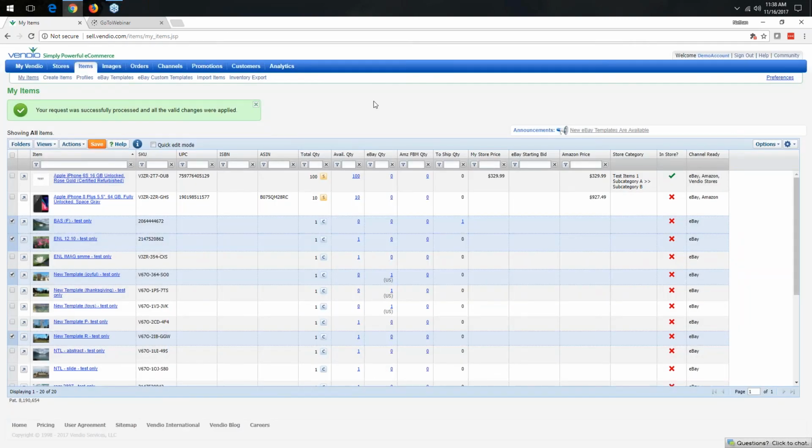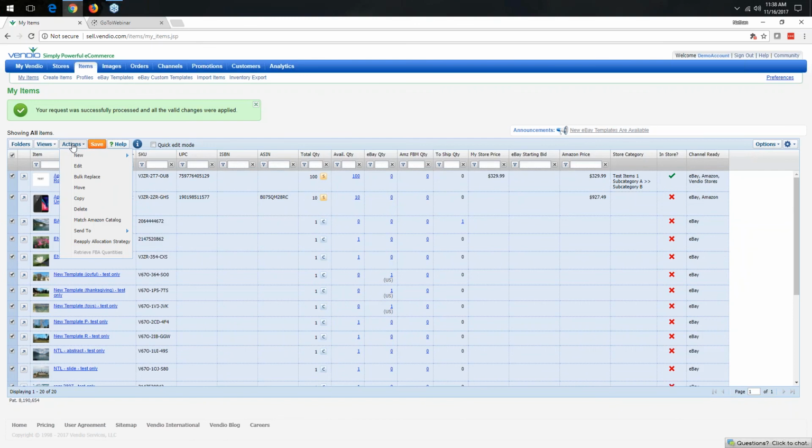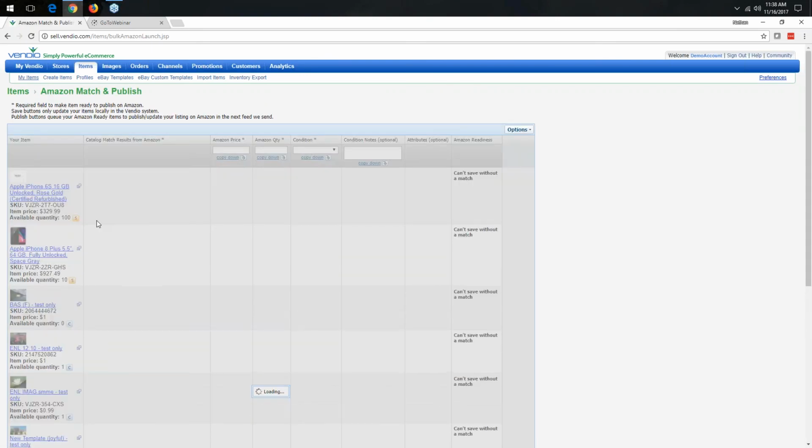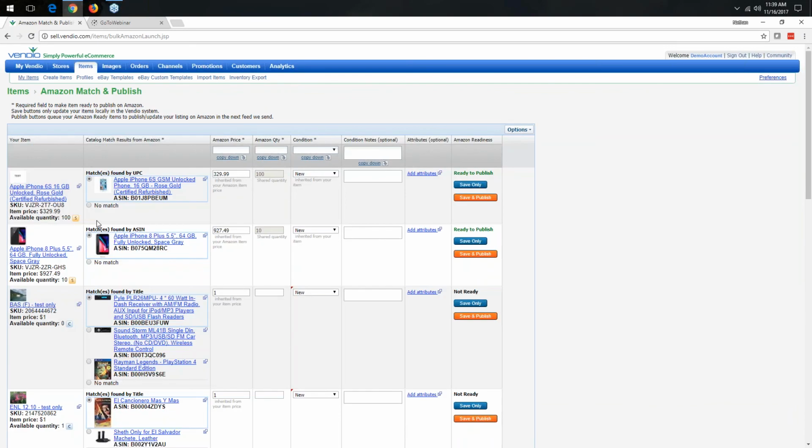One really good option for people that are already selling on eBay but are trying to get their items over to Amazon is that you can actually import your eBay listings and then bulk match them to Amazon's catalog and send them all over to Amazon at once. To do a bulk Amazon catalog match, you would again select either specific items or an entire page of items at once, and then go to Actions, Match Amazon Catalog. And what our system does is it then takes whatever data you have in your inventory item,